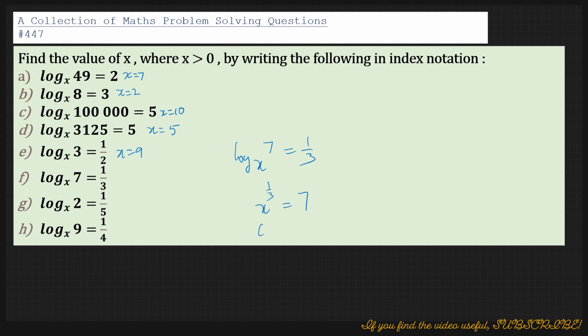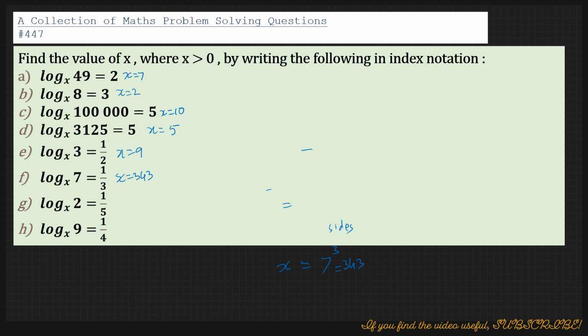And if you cube both sides, you would get x equals 7 cubed, and that is 7 times 7 is 49 times 7 is 343. So we get x is 343,